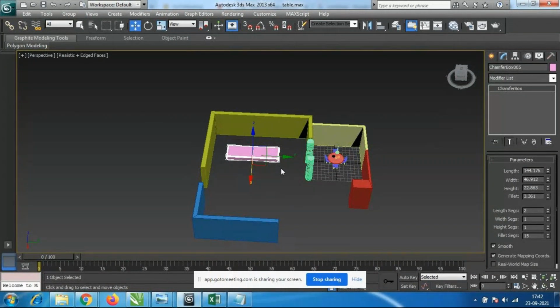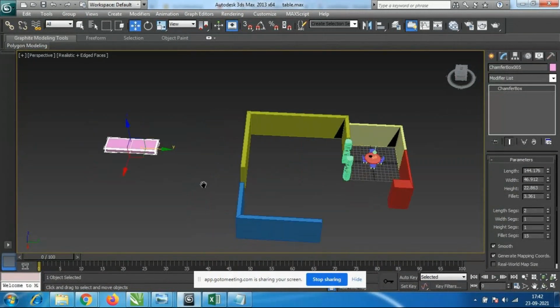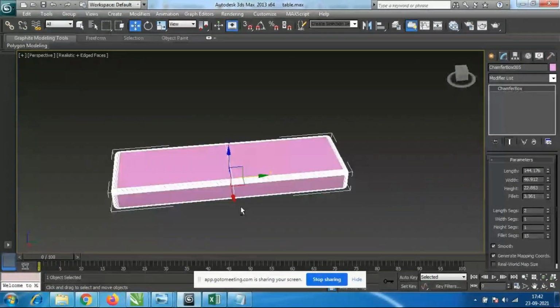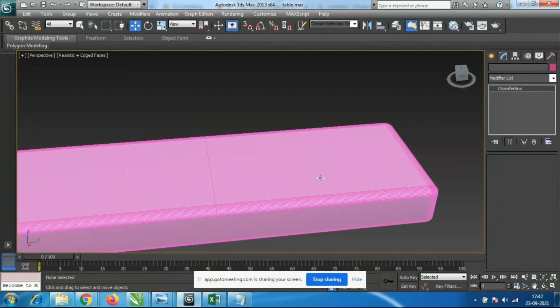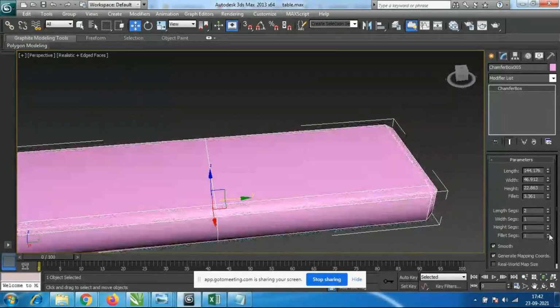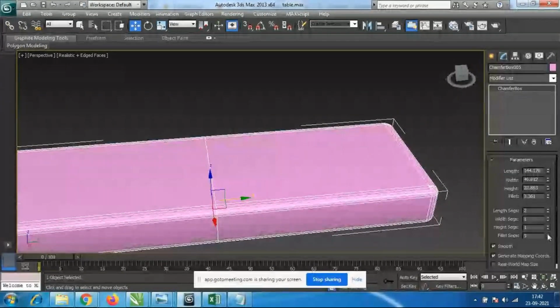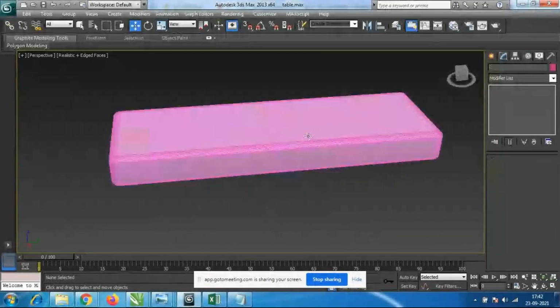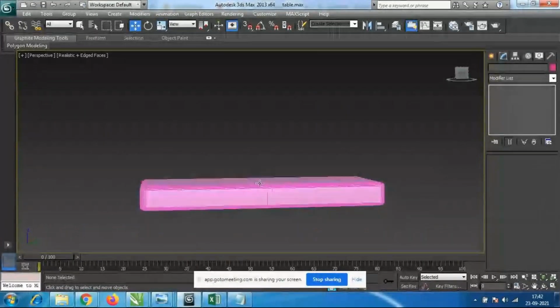I'll come out of this wall because the walls are disturbing; if we select this wall, somewhere it will select. So fillet segments, if I have to reduce the smoothness, otherwise we have to add fillet segments like this. Now this is the base of this sofa.